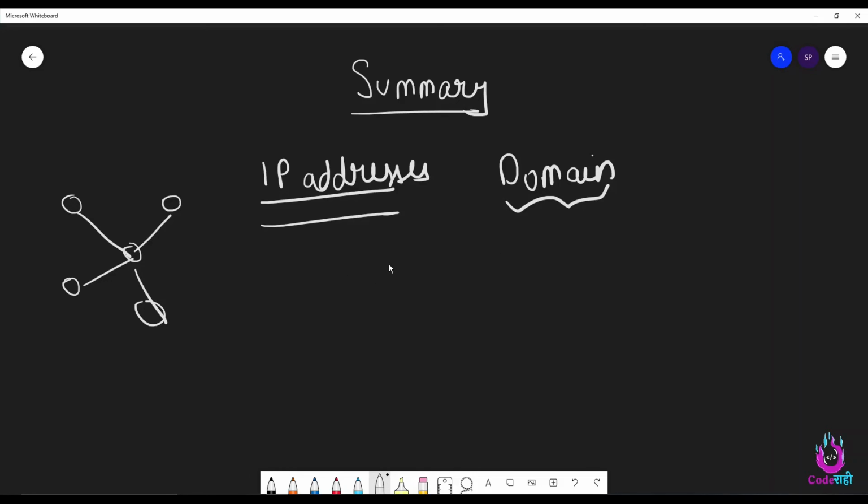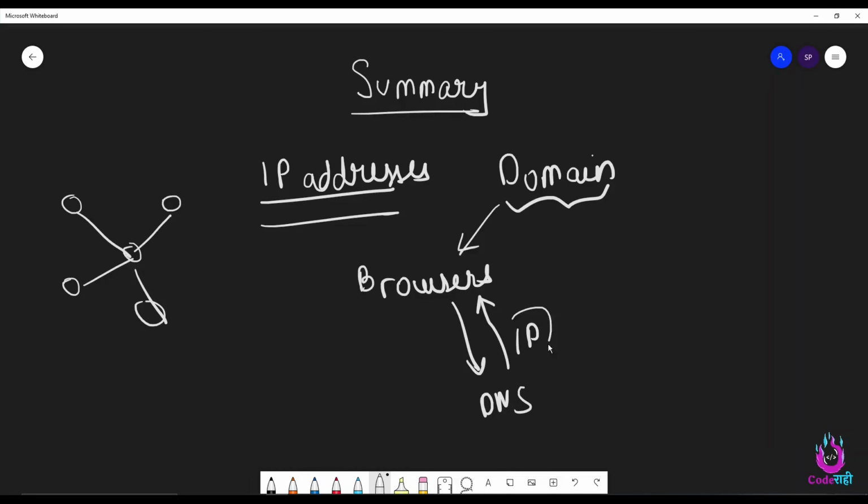But the browsers don't work this way. So browsers need to know the IP addresses. So what happens is when you type a domain name in the browser URL, the browser first sends a request to the DNS server. DNS server maintains a record, or basically a mapping, of the domain name and the IP addresses. So DNS server will send back the appropriate IP address.